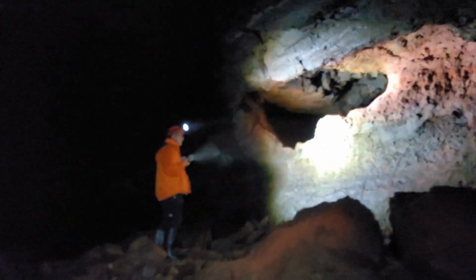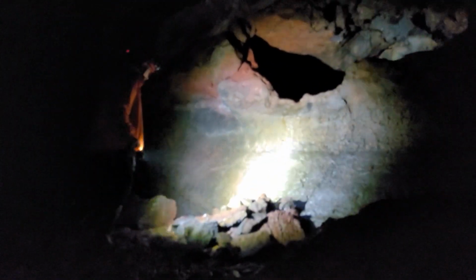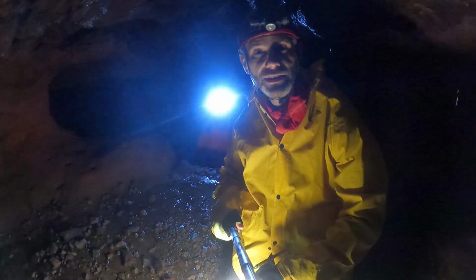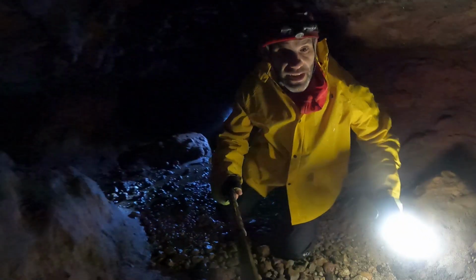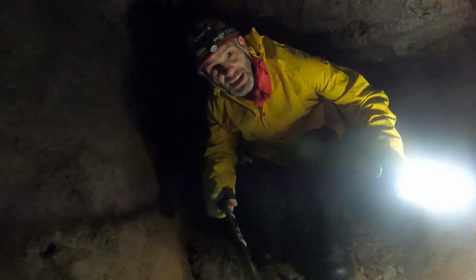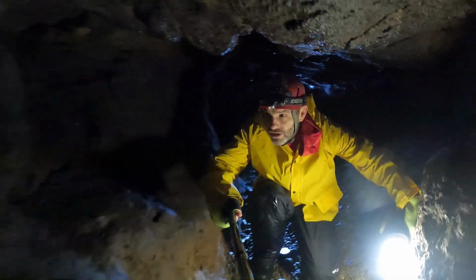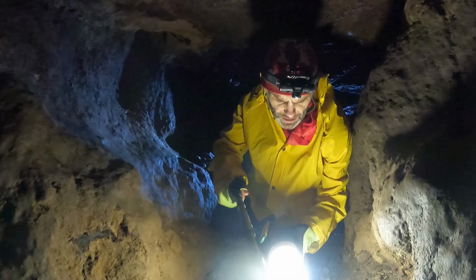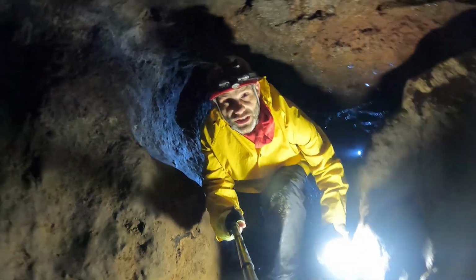Oh, is that the passage there? Let me take a peek. This is the water passage. Here's Grandpa out here, outside the big cave, and there's a neat little stream passage that comes into the side of this cave,